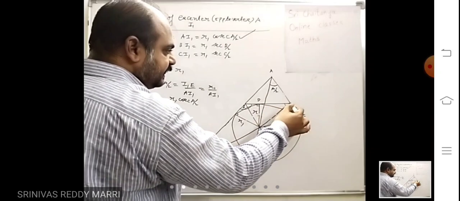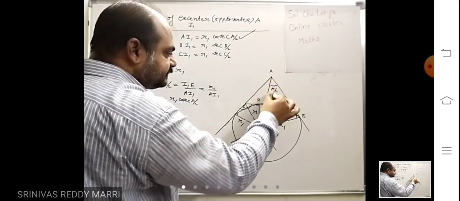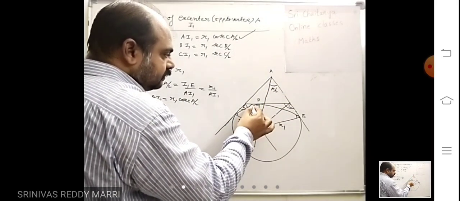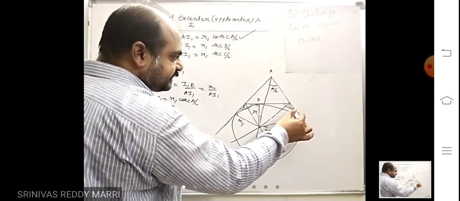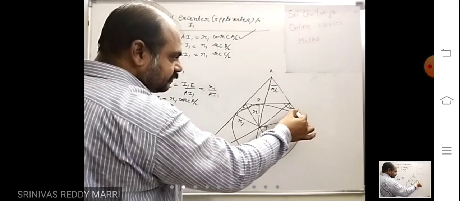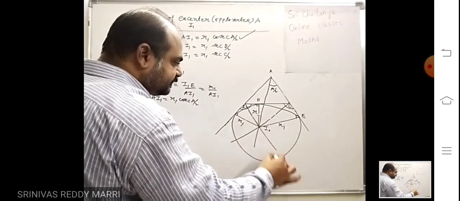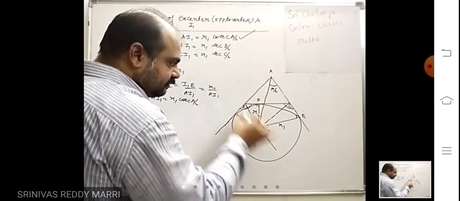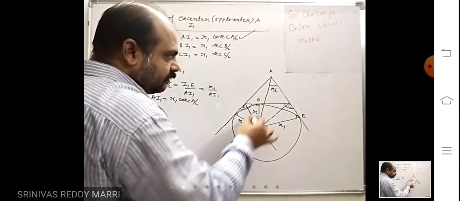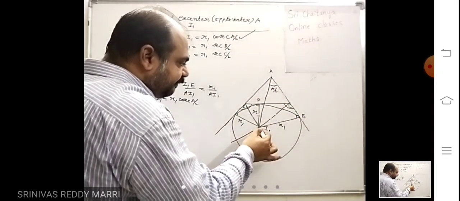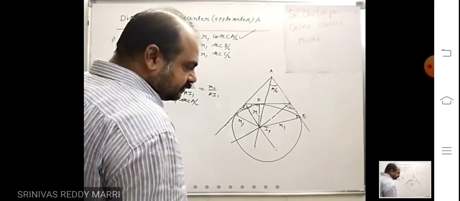Look at this triangle ABC is there. Internal angular bisector of angle A is this. This is internal angle B. This is the exterior angle B. This is the exterior angle C. Right. So I have drawn the line bisecting the exterior angle B. This is the exterior angle bisector. This is the exterior angle bisector. This line and this line will meet at a point that is called excenter opposite to vertex A. Understood?